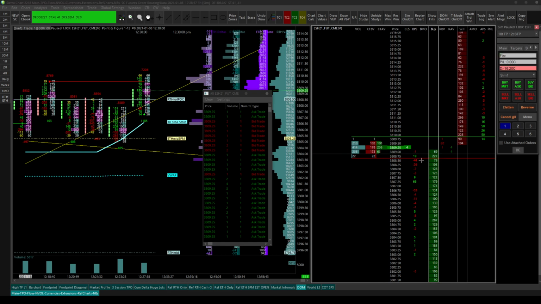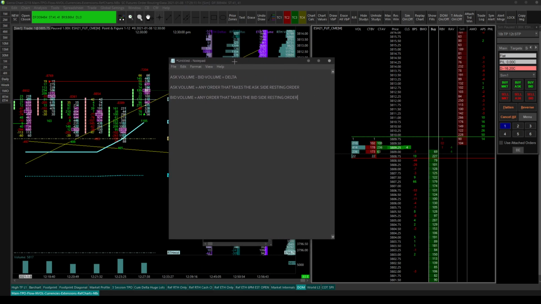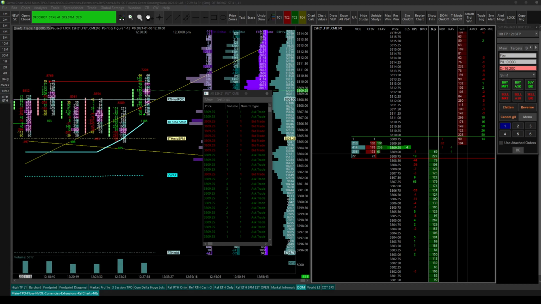I paid what? The spread plus another tick. So really all delta is measuring is ask volume minus bid volume, okay? And that's what produces the number here in this left column. So in this case, okay,